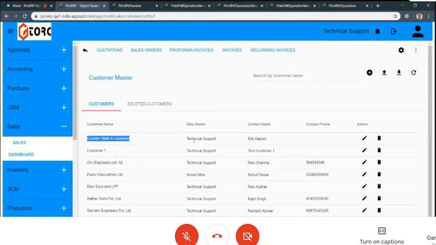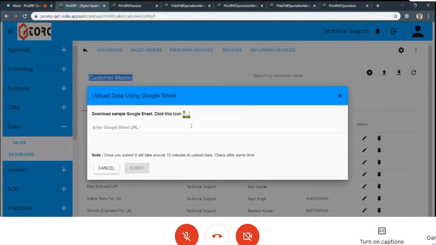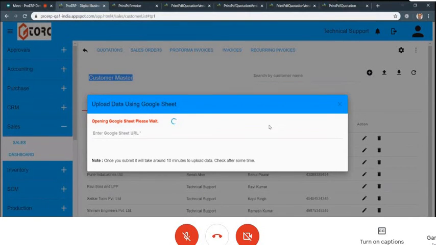Oh, okay. So there are two kinds of data in any system that you use, whether Excel sheet, Tally, or another system. One is master data and one is transactional data. For example, the list of customers is master data. The list of stock items that you maintain is master data. The list of suppliers is master data. So all the master data can be seamlessly taken in using an Excel sheet upload. Yes. So we have our own format, for example, the customer master. I showed you that I went to upload customers.